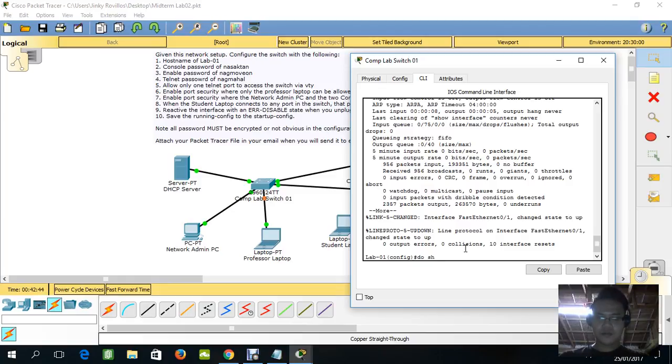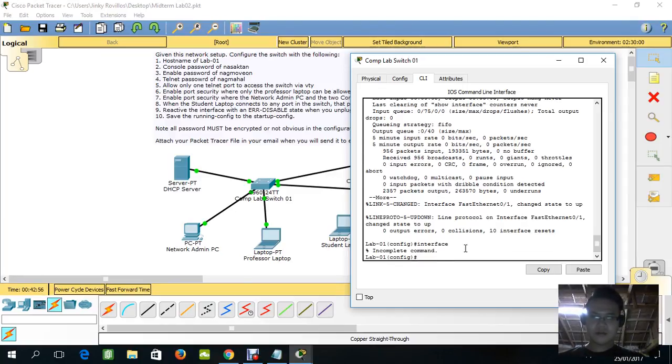First, we're going to type interface, oops, I mean do show port-security.